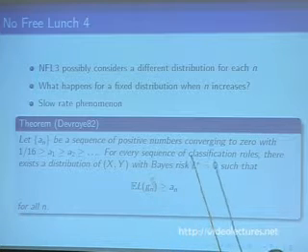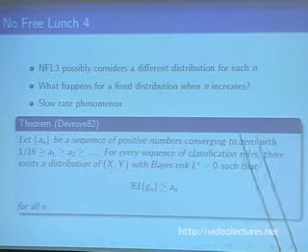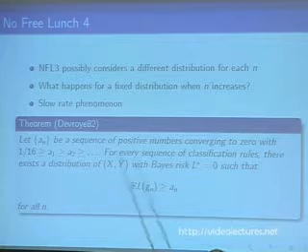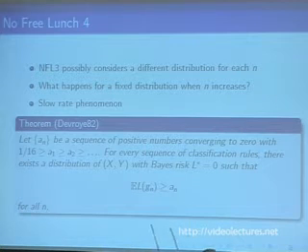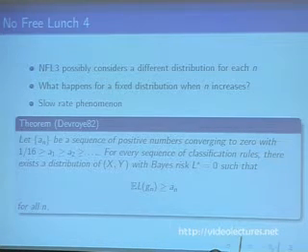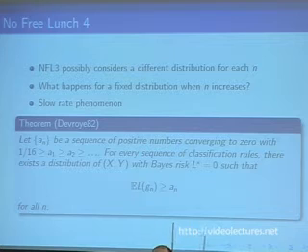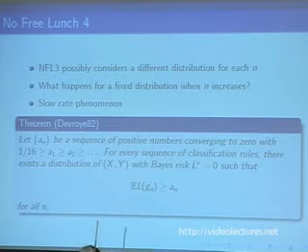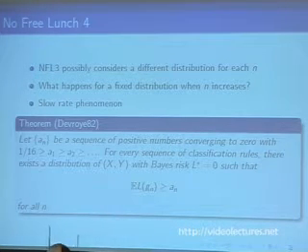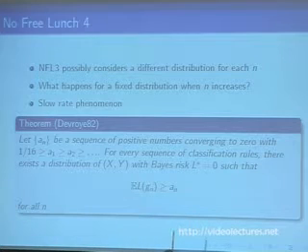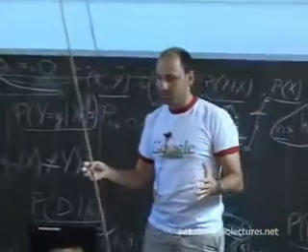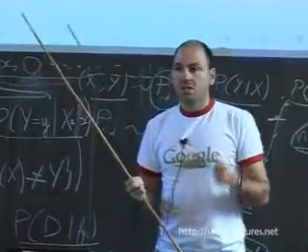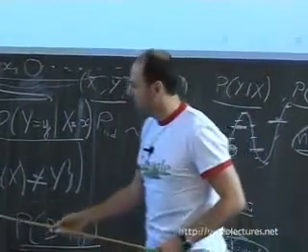You have this so-called slow rate phenomenon. Here is how it works. You give me a sequence of numbers that converge to 0. They can converge to 0 arbitrarily slowly, no matter how you want. They have to converge to 0 ultimately, but it can be that they are constant for a million values, and then a smaller constant for 10 million times, and then decrease arbitrarily slowly, but ultimately converge to 0. Now, given this sequence, I can construct a problem, a distribution, which has Bayes risk 0, which means the best error is 0,